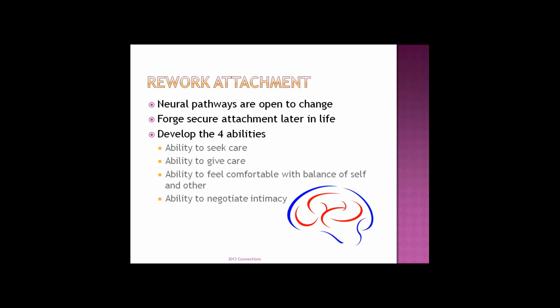But now, as an adult, with the new knowledge of the importance of attachment, the need for attachment, and the longing for healthy attachment, you can gain the skills and open up new pathways in your brain. You can forge secure attachments later in life. It's incredibly hard work. I get that, but it's absolutely possible. There's all kinds of new research and things being developed about understanding the brain. For example, spinal cord injury people can relearn and redo things, and we can do this with attachment.